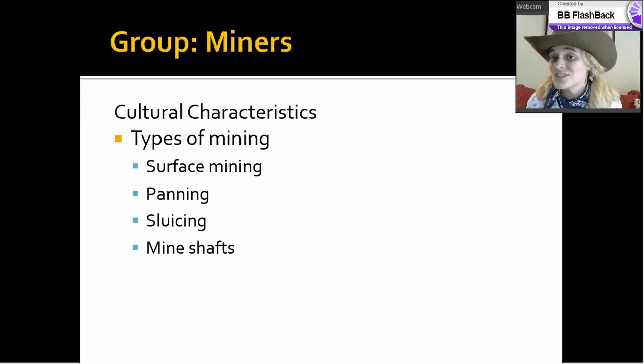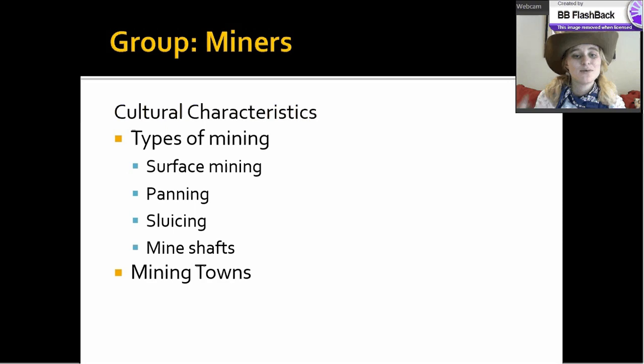They would also build mine shafts. Sometimes these mine shafts were really deep, really hard to get to, and pretty dangerous. In fact, this whole lifestyle was very dangerous, and very few ever struck it rich, found any gold. Usually once somebody got a vein of it, it ran out pretty quickly, and the supply was much smaller than the demand. And as I was saying a while ago, these mining towns pop up all over the West that are going to become your stereotype of the Wild West town.